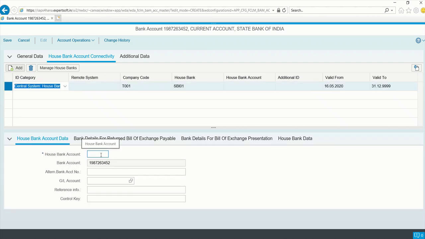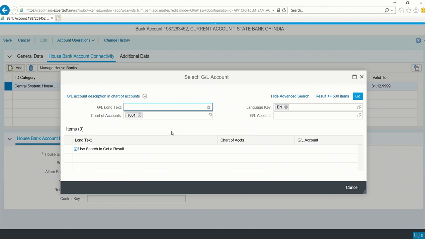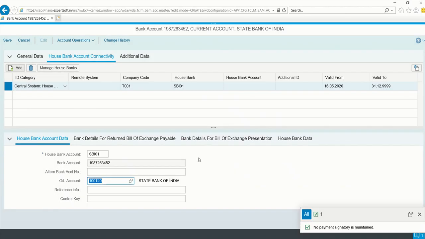Here I am giving the house bank account SBI 01 and the GL account which we created in FS00, star, star. I'm giving the description. This is the main bank account, the GL account which is created.